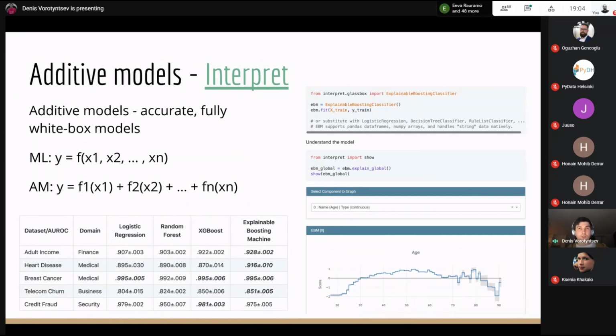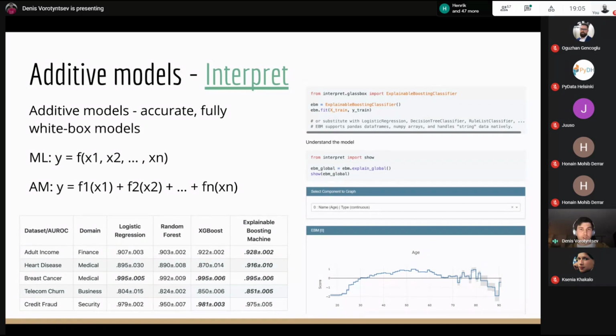In all models in machine learning, we're training a model, a function f, which takes all input features and tries to create a function which predicts the target. In additive models, we are doing quite different stuff. We create a separate function for each input feature. And these functions f1, f2, fn are called shape functions.